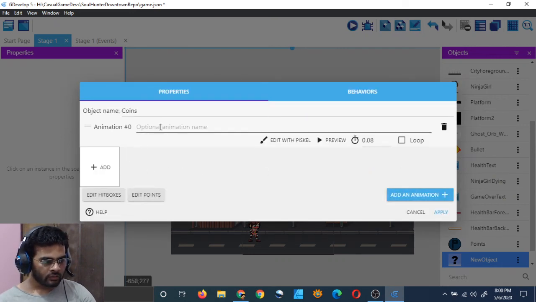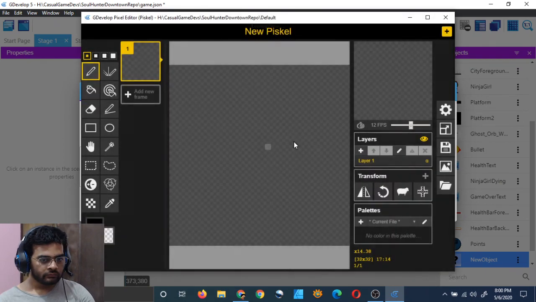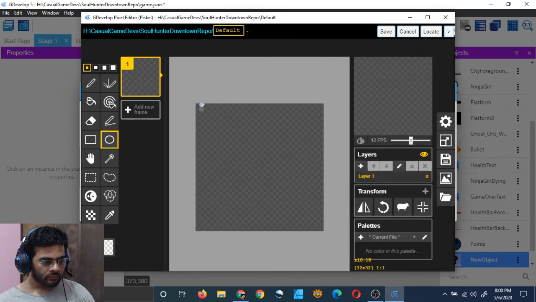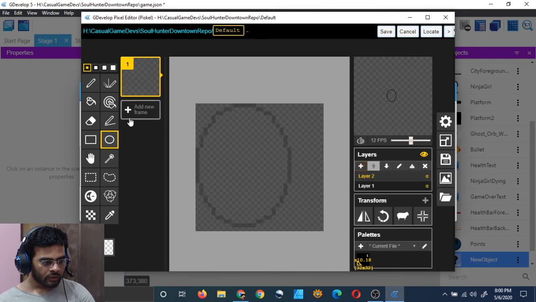Add animation, default, and edit with pixel. I will add two, not one. I will add this first. Then I think I can layer. That's really powerful. Layer system.